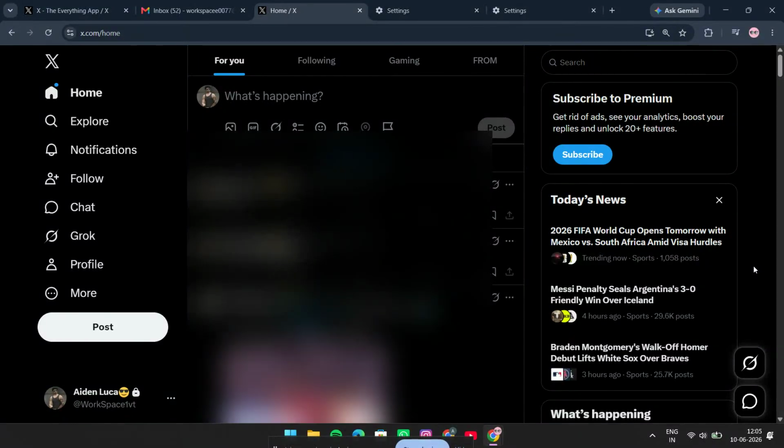In today's video, I'm going to show you how to bookmark tweets on x.com, formerly known as Twitter, in just a few seconds. This is one of the easiest ways to save a post for later, whether it's an important update, a helpful thread, a funny tweet, or anything you want to come back to without liking it or sharing